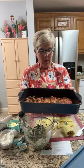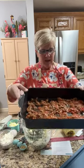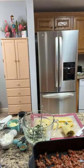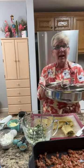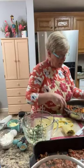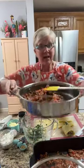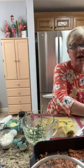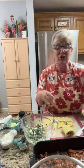So I think you'll be pleasantly surprised that they basically wipe out with a paper towel, or you can throw them in your dishwasher. But for the lasagna roll-ups, I have part of the base layer in the pan, which was just hamburger that we browned. I did it in another pan I want to show you, this amazing non-stick stainless steel that has a big base, as you can see. It was hamburger that we browned and drained, stirred in marinara sauce, stirred in some diced tomatoes,